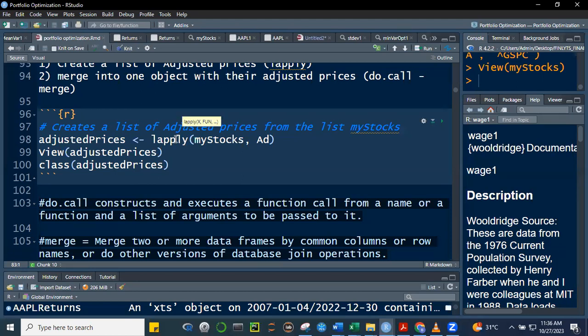We use it for my stocks, which consists of 9 elements, 9 lists, and each of those 9 elements contain 4,200 rows of observation by 6 columns. But what we're interested in is only getting the adjusted, okay? Or this can be written as my stocks and then open and close brackets number 6 or AD for the adjusted. So if we run this and then view this,